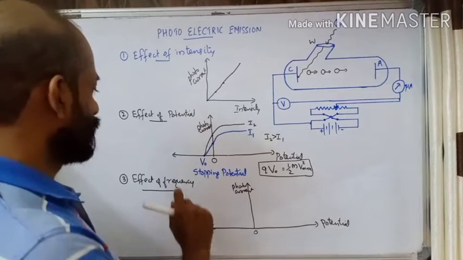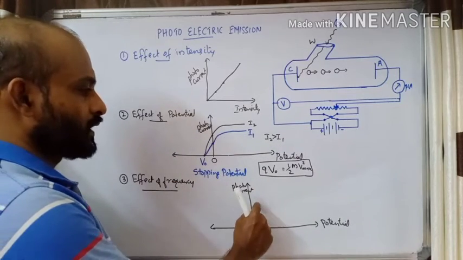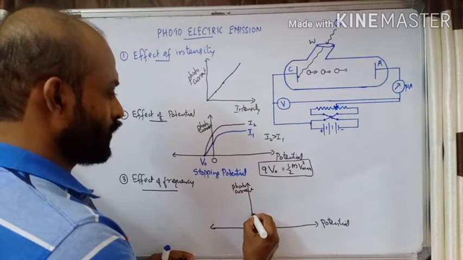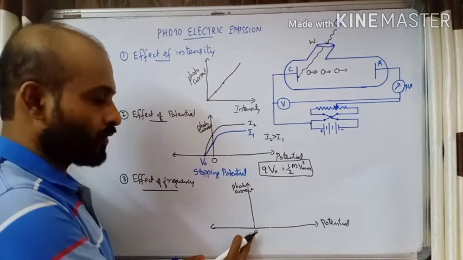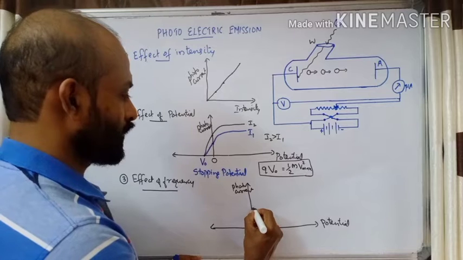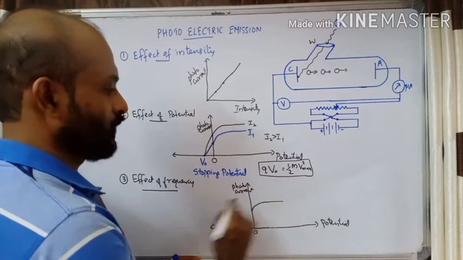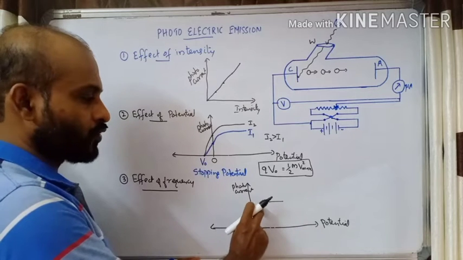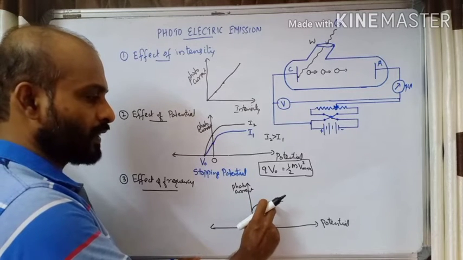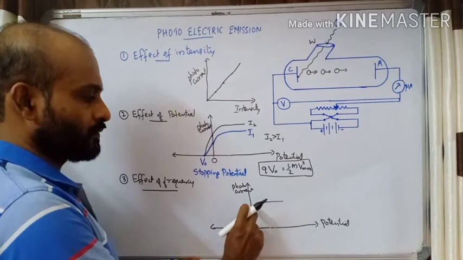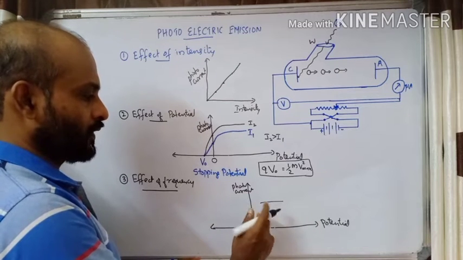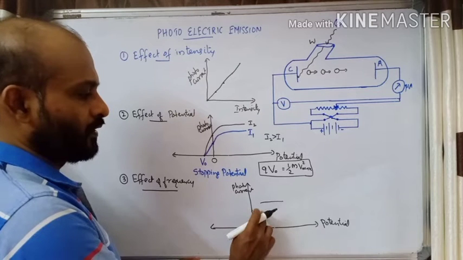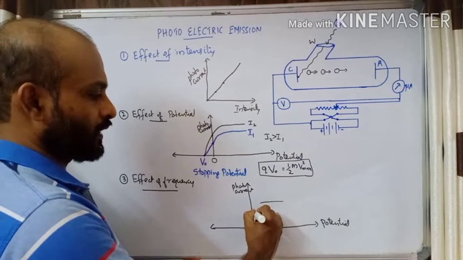For this particular frequency, we just increase the potential. Now we will get a graph like this. Initially we start with 0 potential, and we can see that it is increasing like this, and then becoming a steady value. We are increasing the potential, but there is not much effect. Slightly it will increase in the beginning, but thereafter it becomes steady. So initially, for 0 potential, we have some photocurrent, and when you increase the potential, the photocurrent increases.